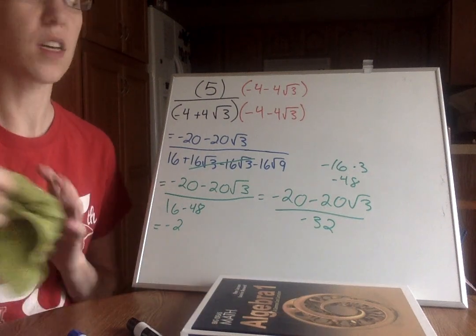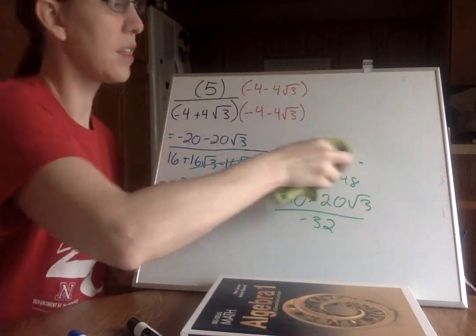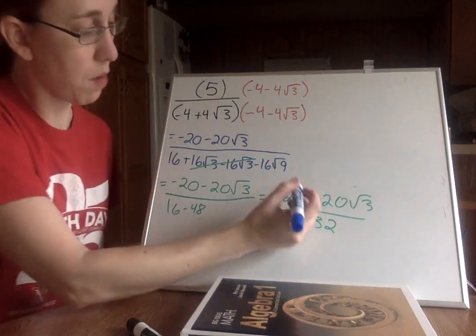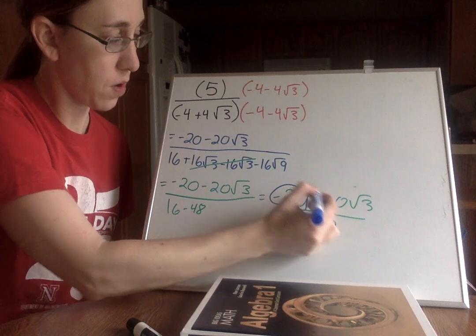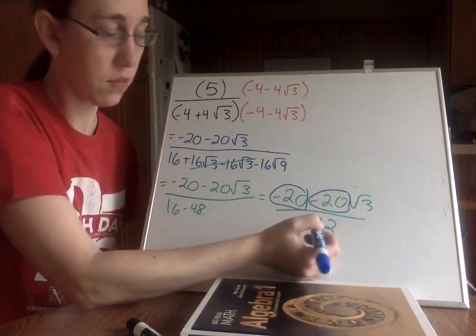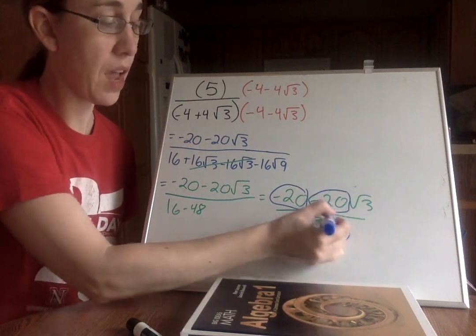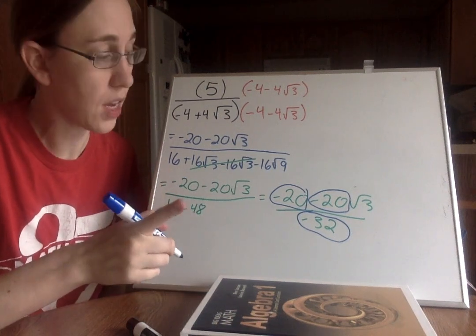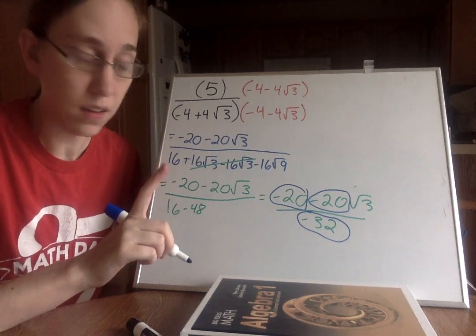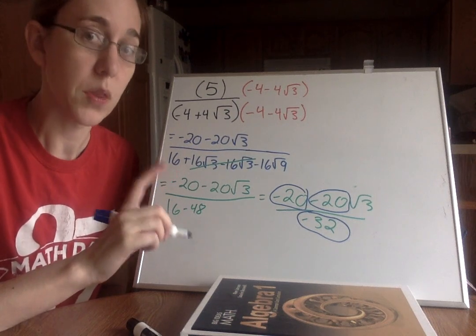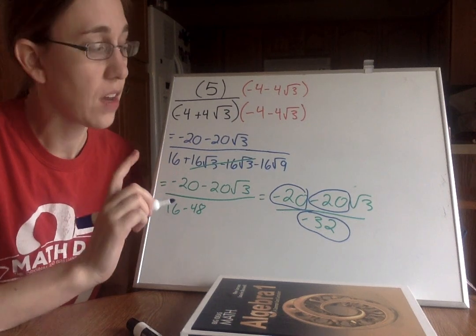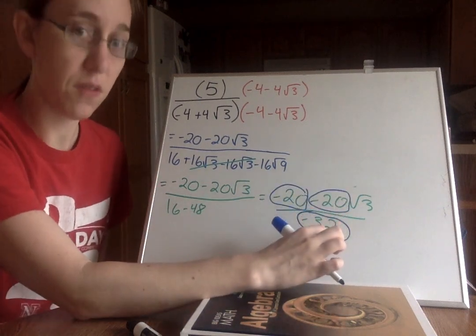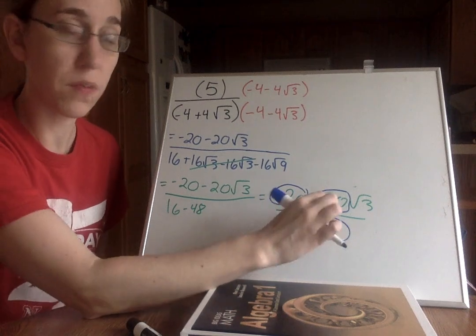So now the question is, is our problem completely simplified or not? Well, remember, we have to look at those three numbers. So here I have a -20. Here I have a -20 with my root. And on the bottom, I have a -32. So they're all negative. So that tells us we can get rid of the negatives. They're also all even, so they could definitely divide by 2, but there's a bigger number. They can all divide by 4. So I'm going to divide all three of those numbers by 4, because all three of them divide by 4,